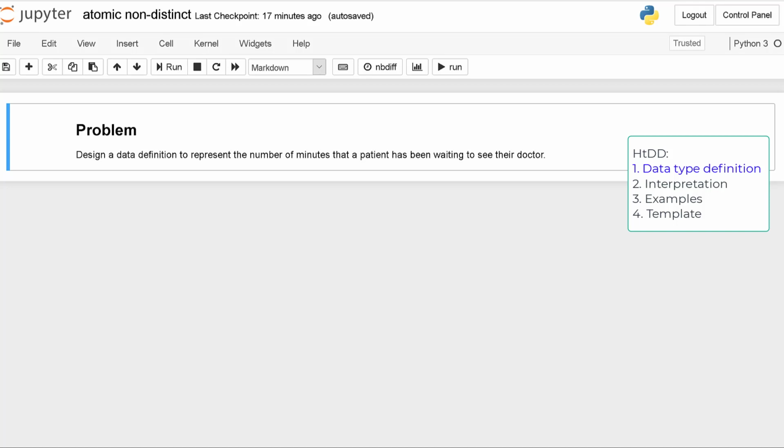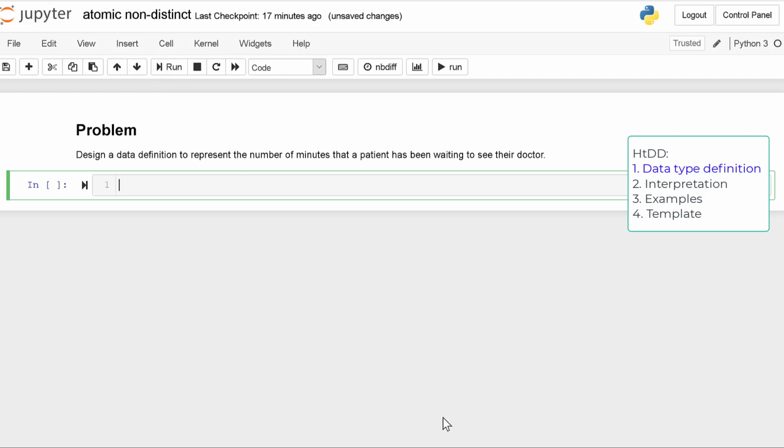You may be wondering why I want to create a new type when I can use an int. I will get to that soon. I need to give my new type a name. It must describe what this type represents so that when someone reads the type name in the program, they'll be able to make a good guess about what it represents. In Python, I make a new type name with the data type definition. This code defines wait time as an int.